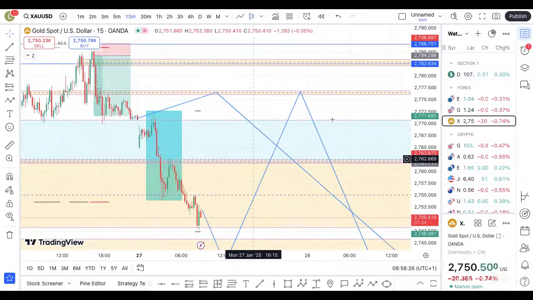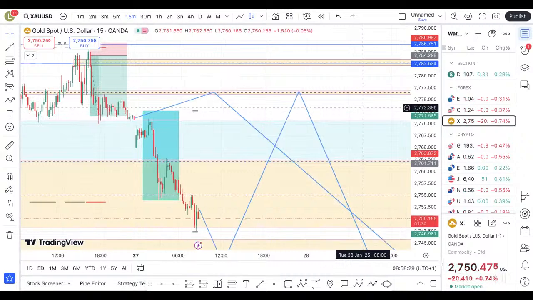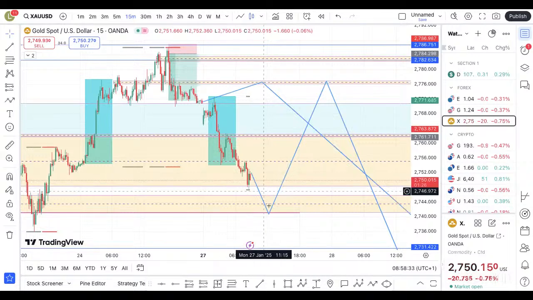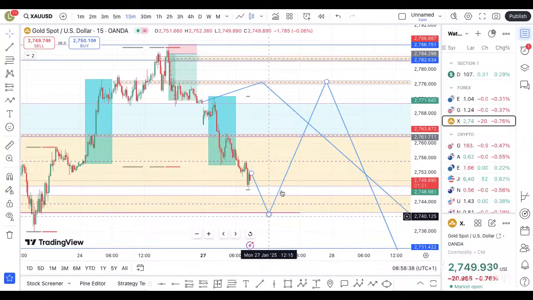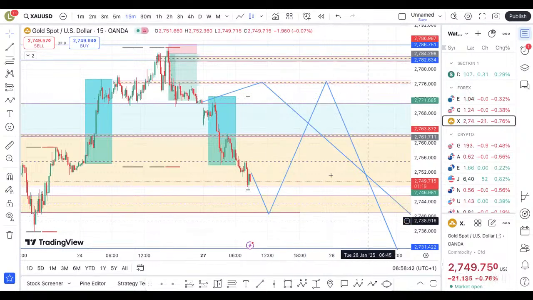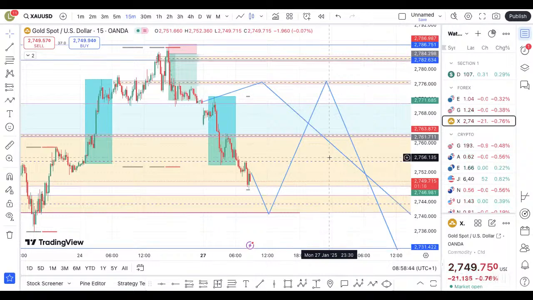So this may be what will happen into the day. We may end up seeing more sell-off in the course of this London session. Then towards the mid-London, we see buy. Then the New York session will continue the sell. All right, so this is the move for the day. I know some will say this is a normal move for the precious metal on a